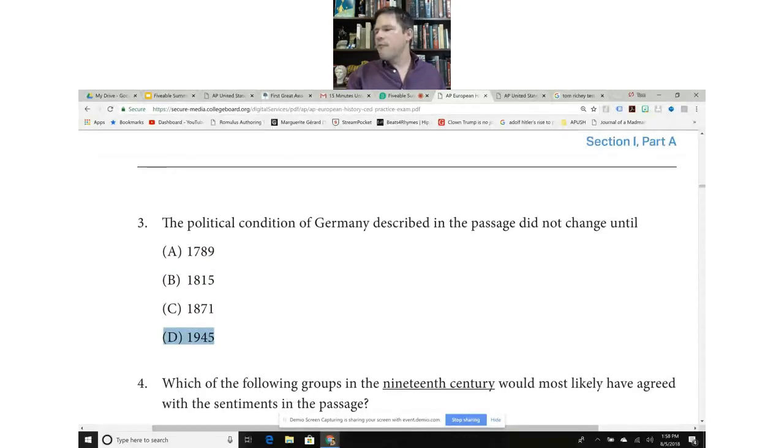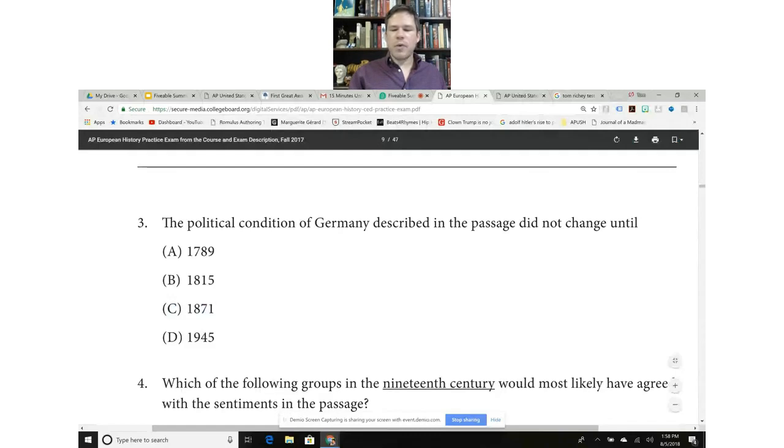So that's another thing for students to understand: they're not going to be using dates. And that's the other thing. What is the question really asking? It's not asking, do you know the year that German unification was completed? It's asking, do you know that German unification was not completed in 1789 and 1815, which were too early, and 1945, which is too late? So we have three answers that are very clearly out of period in this case.